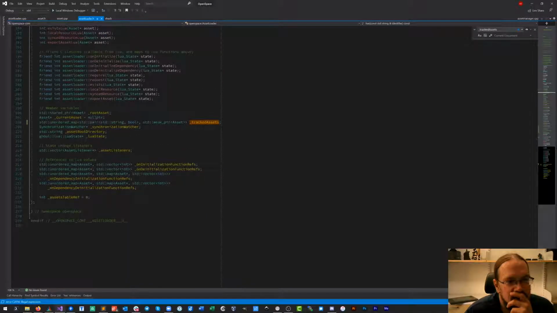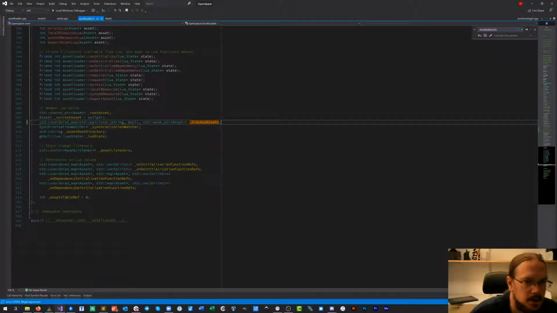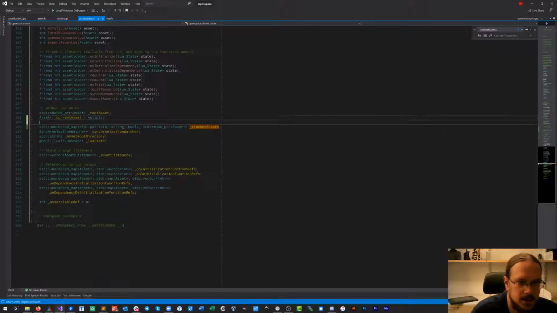Tracked assets down here. Maybe what we want to do instead is store a struct of assets. We'd also need to tear all of that apart afterwards again. Yikes.